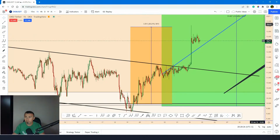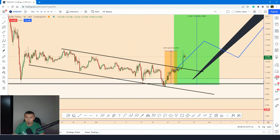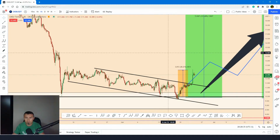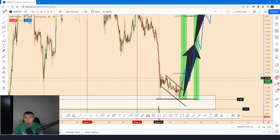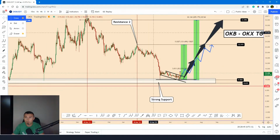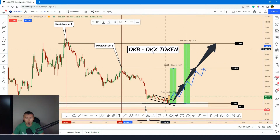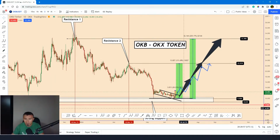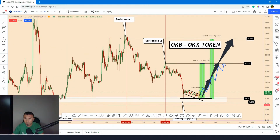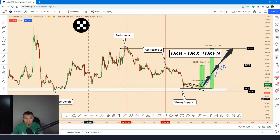Also, during the previous time, I was looking at OKB. Many traders don't like the tokens. I really like them, and look at how the price was developing during this previous time. For those of you that don't know, OKB is the token of the OKX crypto broker exchange. Look at since the previous time that I was explaining, the tokens are one of the safest cryptocurrencies that you can trade in the market, as long as they are part of